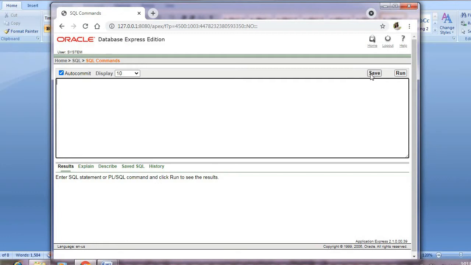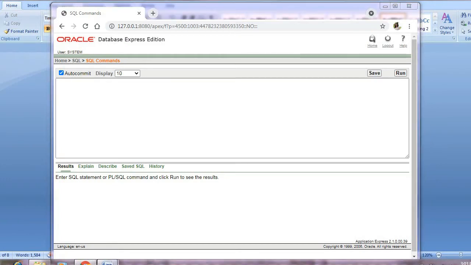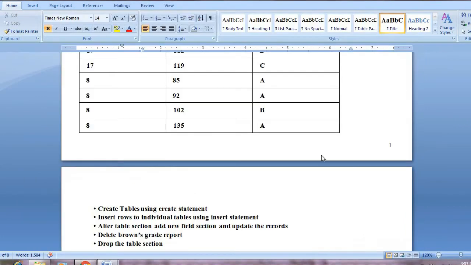Then no need to use the button save. After that, when I enter the queries, I have to make use of a button run to run my statements. Whatever the statements I have typed here, I have to run the statements.